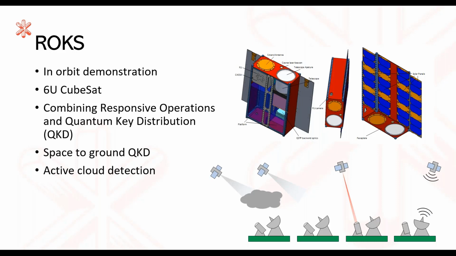Basically, it's going to be on a 6U CubeSat. These are just really, really small satellites, also known as nanosatellites. A 1U just means it's a 10 by 10 by 10 centimeter cube. So the 6U is a 30 by 20 by 10 centimeter cuboid. The CAD model on the slide shows our current design.